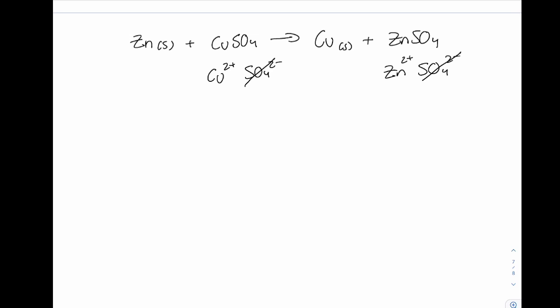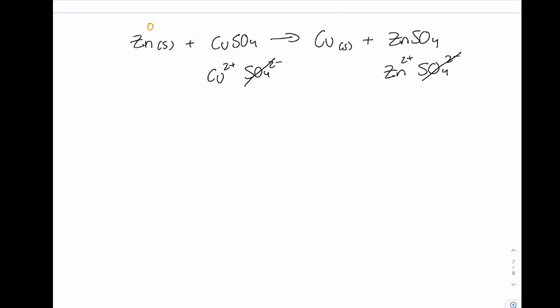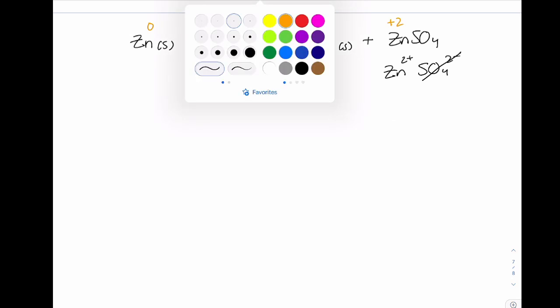What I do have, though, is an oxidation number of 0 on zinc here, and then +2 over here. So zinc is being oxidized, right? It's losing electrons. Here, copper is +2, right? Again, these are monoatomic ions, so my oxidation number is numerically the same as the charge. Here, it's 0, right? It's its elemental form, so I'm going from +2 to 0. It is gaining electrons, so it is reduced. So my two half reactions,